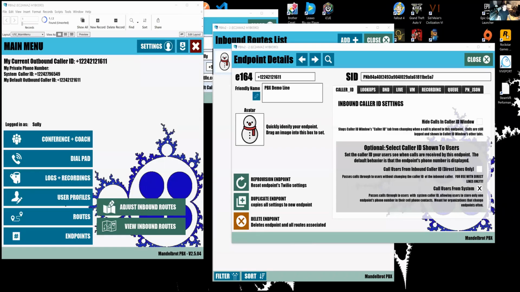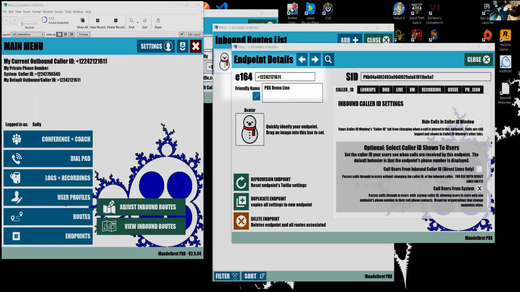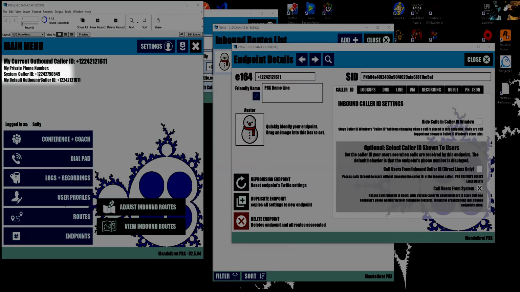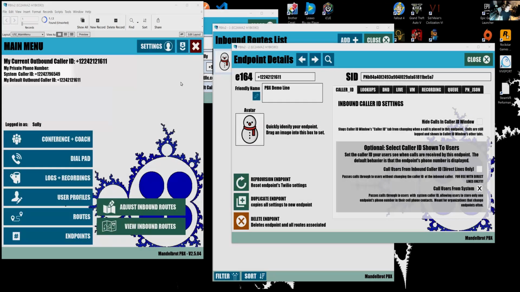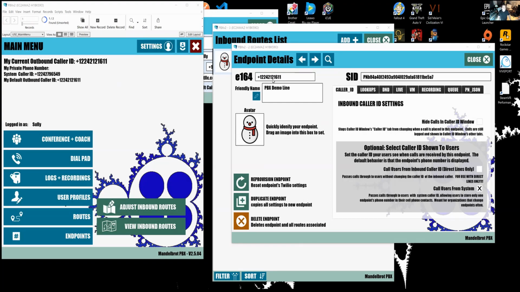So what does that mean? It means I save one phone number and it works for all of my endpoints, right? I just click that checkbox on the endpoint itself. Every call that goes to this 224 phone number is actually going to come through from the system caller ID, which is a different 224 number, the 2796549, not the 2121611, right? And that means I can set up 5 or 6 or 10 or 100 different endpoints and only save one